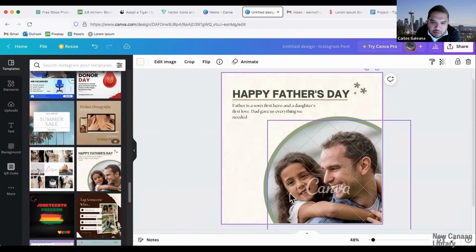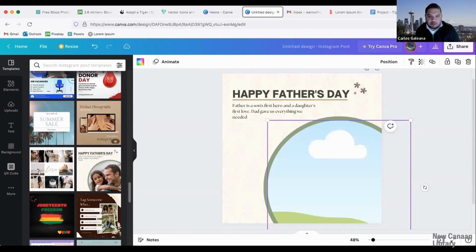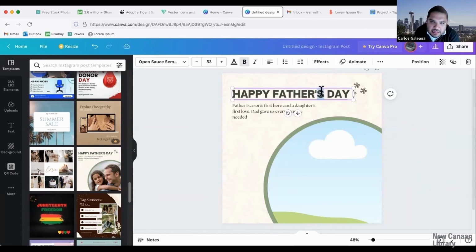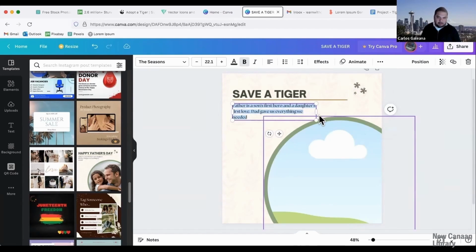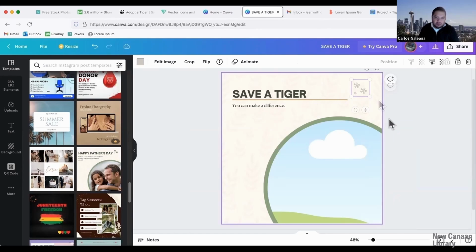Anytime you see the watermarks there, it means you have to pay for that image. So I'm just going to click on it, and then I'm going to delete it or backspace. When I delete it, you'll see that I get this kind of countryside background. That's the picture frame that I was holding that photo. And instead of saying Happy Father's Day, and instead of having that little paragraph there, I'm going to get rid of these little stars or leaves, and get rid of this little graphic there. I'm just clicking on it and backspacing it.